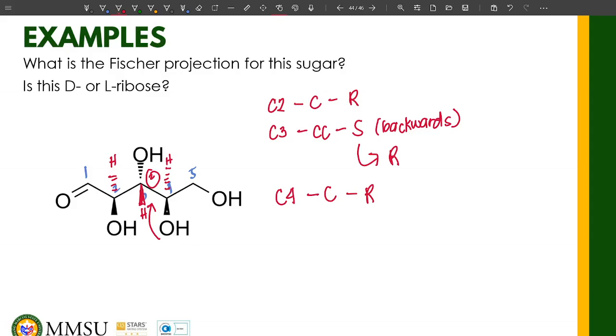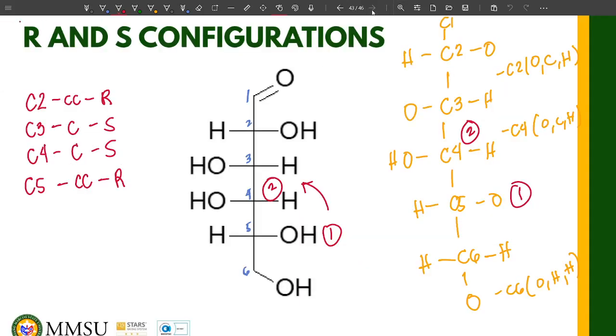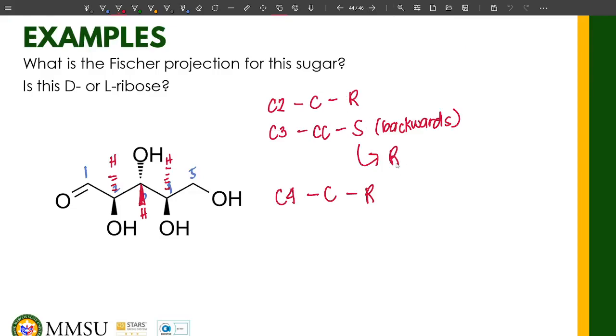How do we transform it into a Fischer projection with D and L? Let's go back to the previous slide. If your carbon is an R isomer, you put the OH on the right side in the Fischer projection, and if it is an S isomer, you put the OH on the left side. This time, all of our absolute configurations are R. So when R, that is on the right. So if we write the Fischer projection for this one,